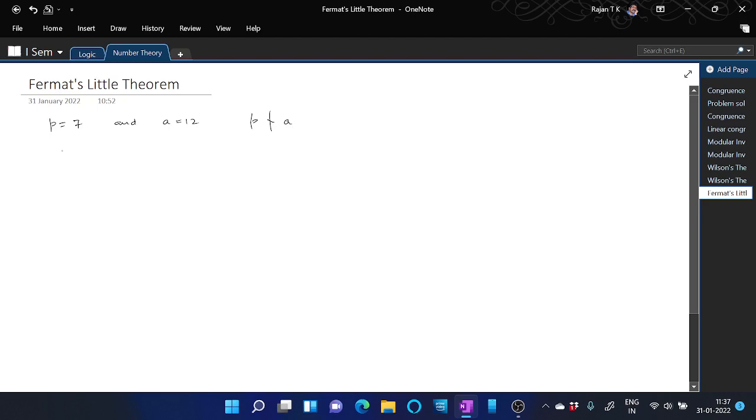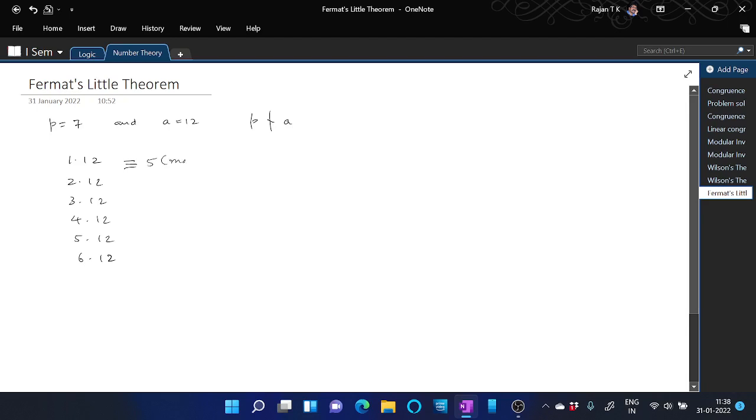Here you can see that the residues of the numbers 1 into 12, 2 into 12, 3 into 12, 4 into 12, 5 into 12 and 6 into 12 modulo 7 are the numbers 1, 2, 3, 4, 5, 6 in some order, because 1 into 12 is congruent to